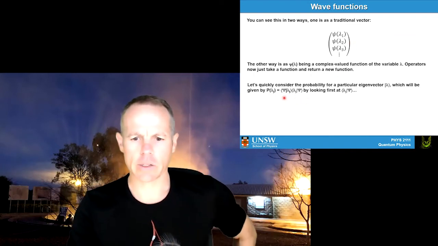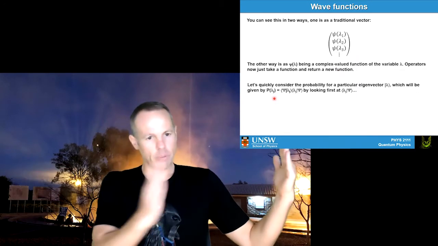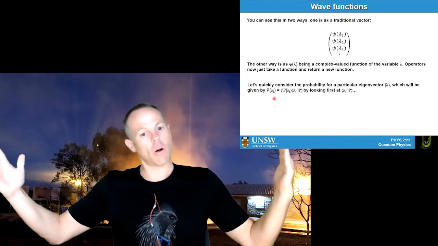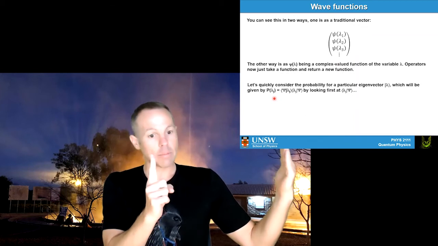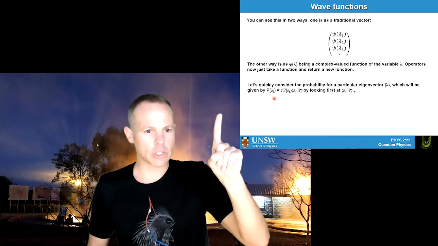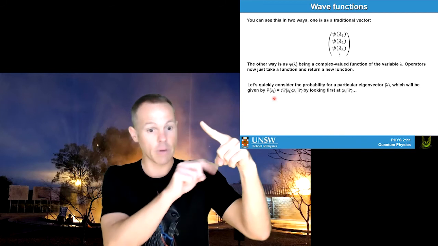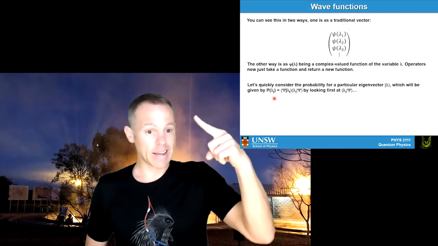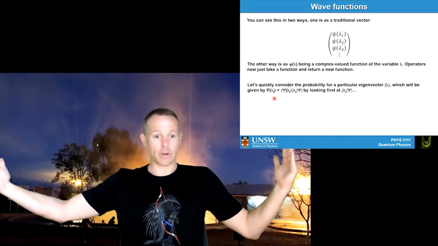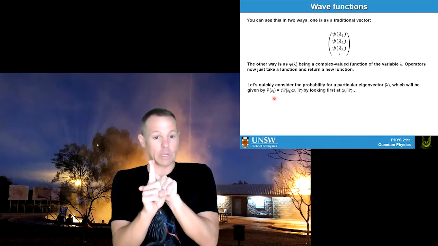So what I want to do here is start by considering, imagine that I've got all of these possible eigenvectors I can pop out, and I want to get the probability of one in particular. Okay, so if I think back to my spin up, spin down, this is sort of the question of asking, what if I've got some superposition state that's some mix of up and down, what is my probability of getting an up? Okay, so what I'm going to do here is go, I've got a whole pile of possible positions across here, an infinite number of them. I want one particular position. What's my probability of getting that one particular position?